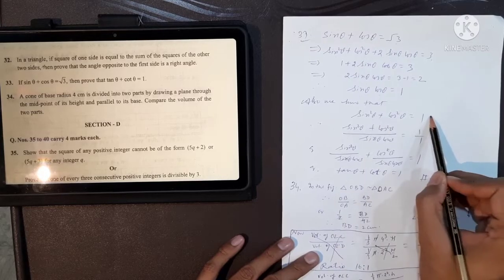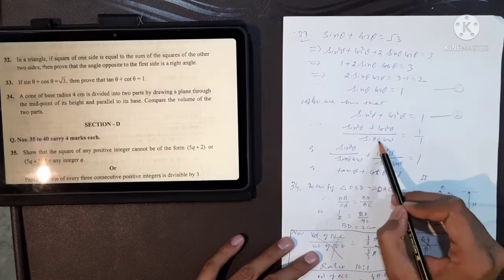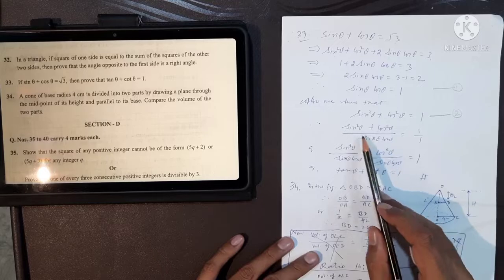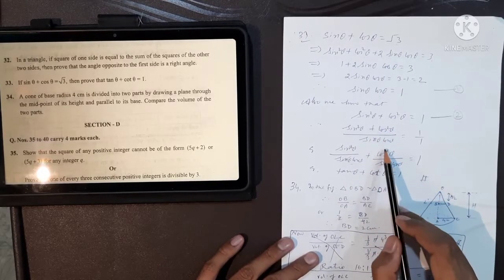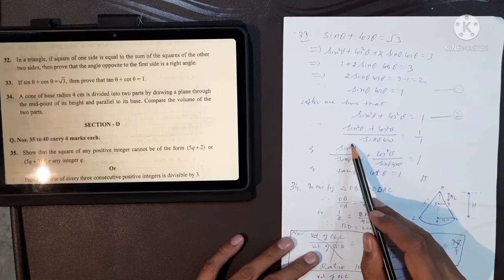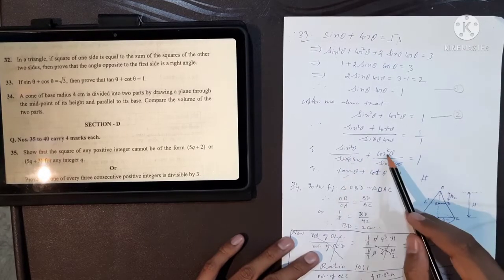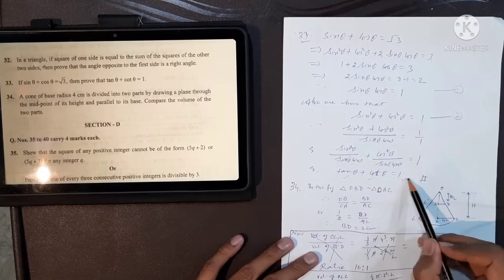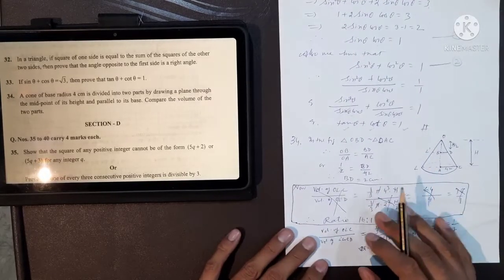So we divide this equation number 2 by equation number 1. We get this, and we can also write this as sine square theta upon sine theta cos theta. We can break the denominator and the numerator into two parts, and upon solving sine theta will cancel out, and sine theta upon cos theta is tan theta, and cos theta upon sine theta is cot theta, that this is equal to 1. Hence proved.